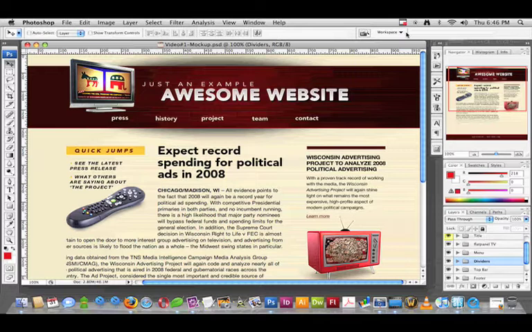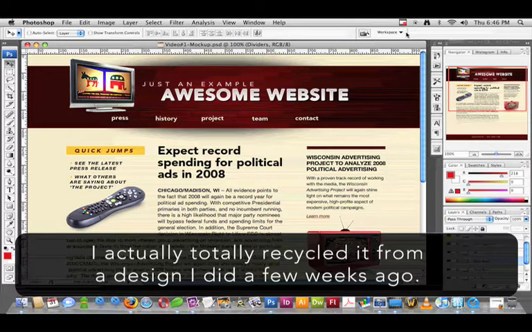I get the question fairly often, how do you turn a mock-up, in this case a Photoshop mock-up, into CSS and HTML? It's kind of a big question. The answer to that question is different for every website, pretty much. What I'd like to do here is look at this mockup that I made just for this and convert it